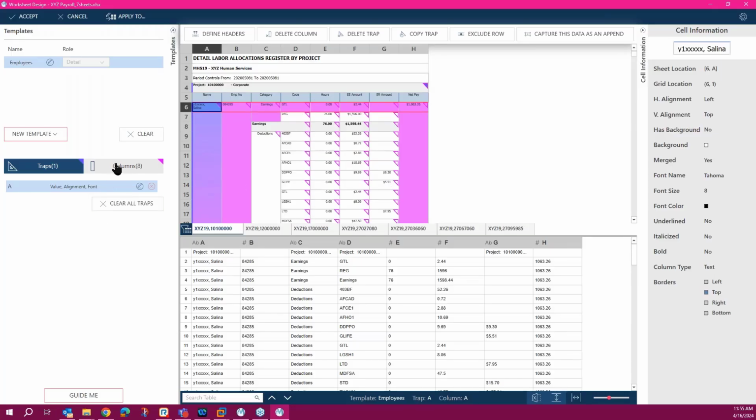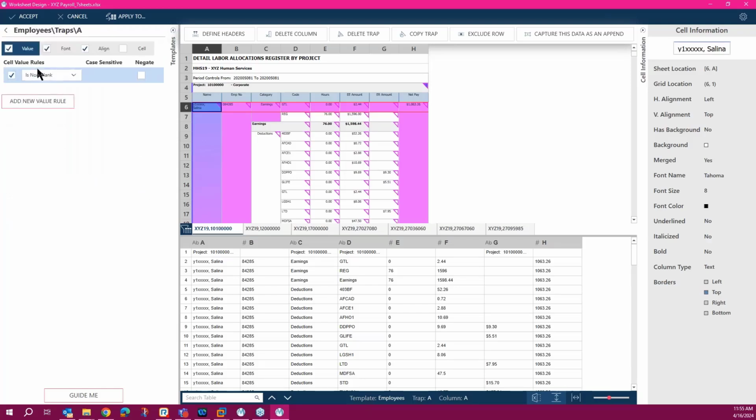So here I created my detail, but I want to remove this first row because I don't want that. So I can just go to the detail, to the trap, and click on the pencil to go to the trapping page.